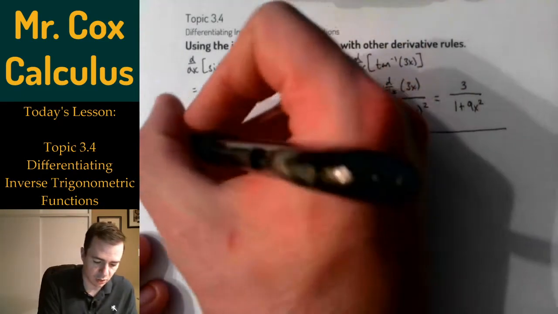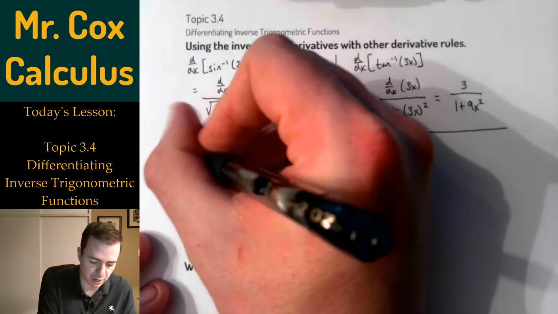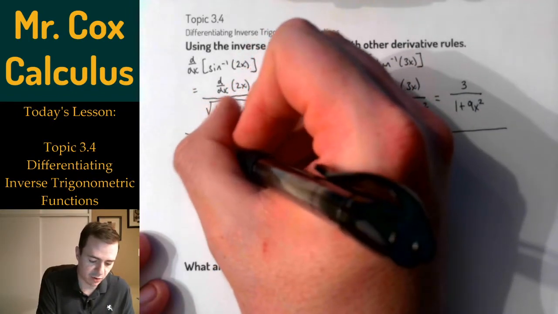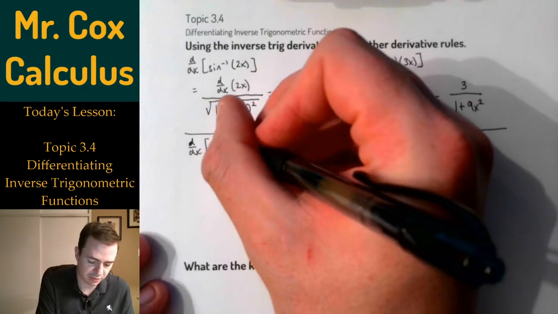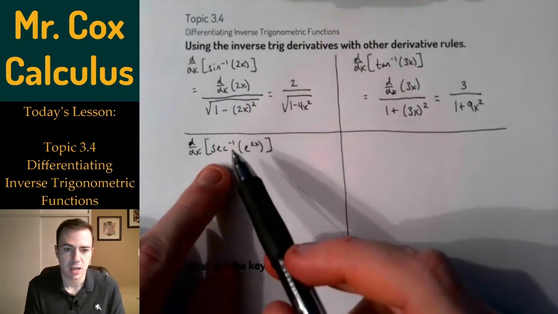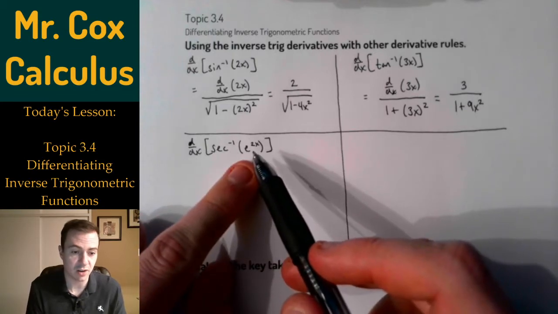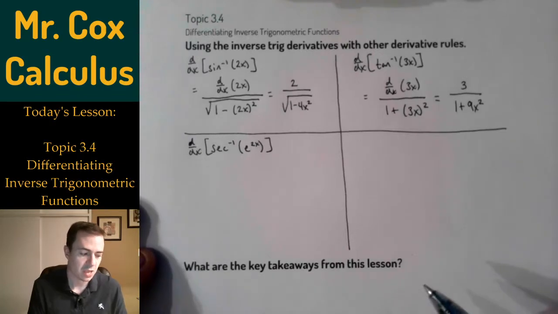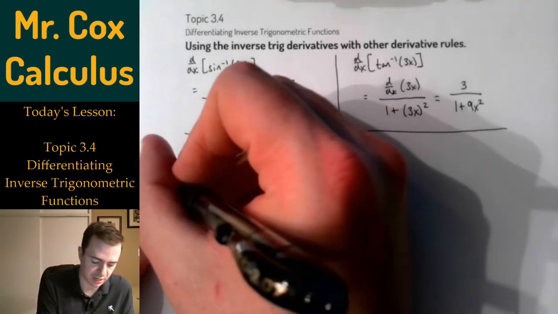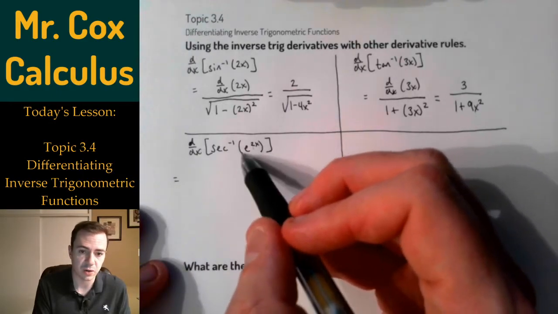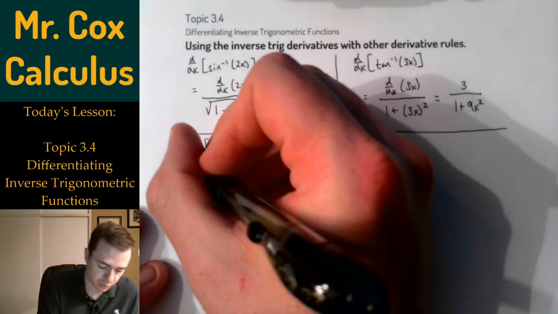All right, let's take a look at how the chain rule comes into play here. So the derivative with respect to x of the inverse secant of e to the 2x. And so I've got inverse secant acting on a function of x, and this actually within itself is a composition of functions. So when we look at the derivative of inverse secant, it's got u prime in the numerator, so that's the derivative with respect to x